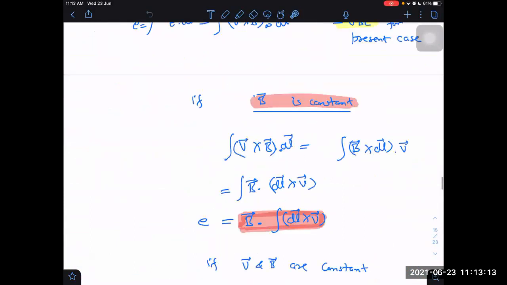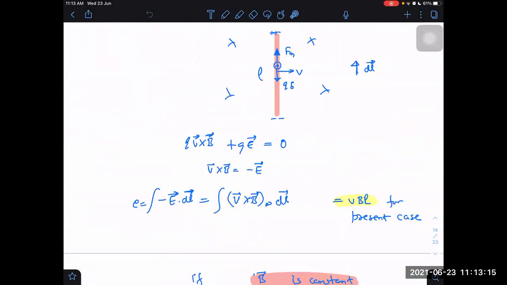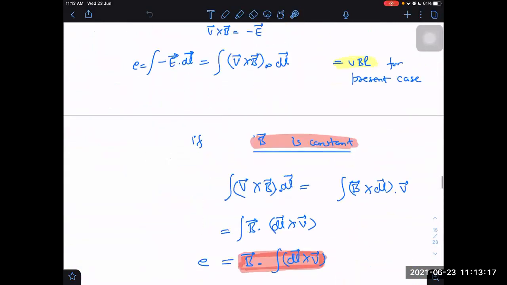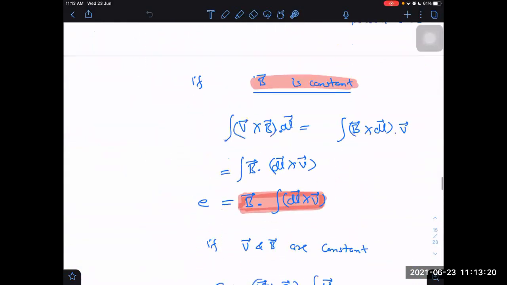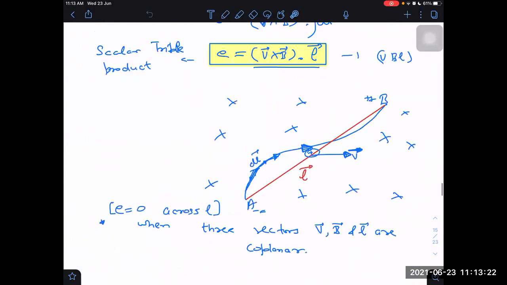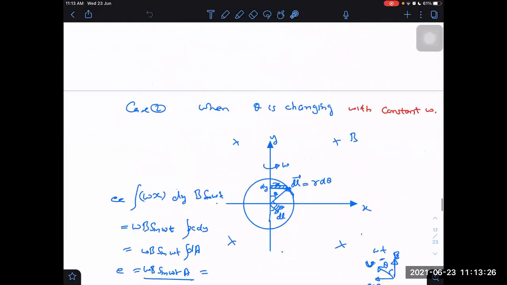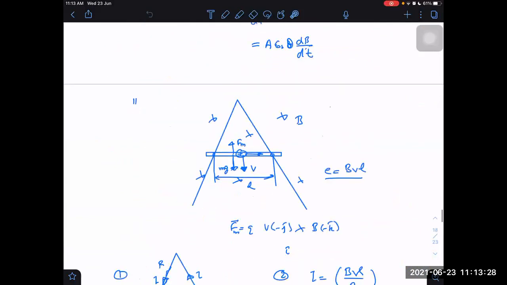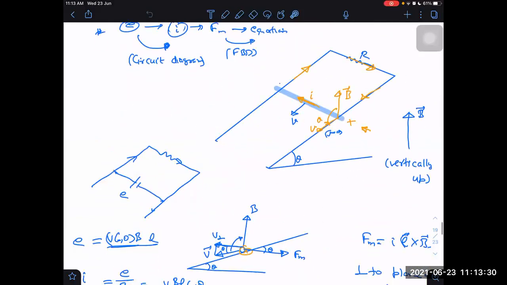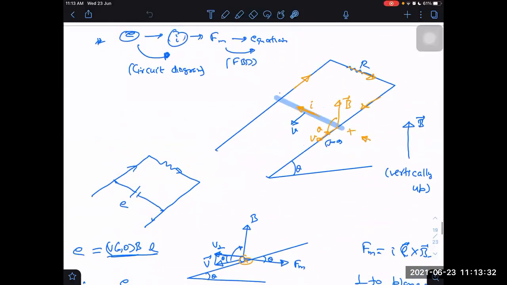Sir, yesterday there was a mistake, sir. Which place? Inclined rails, sir. After this or before that? After this. Okay, tell me. This one? Yes, sir. Okay, what did I do wrong here?